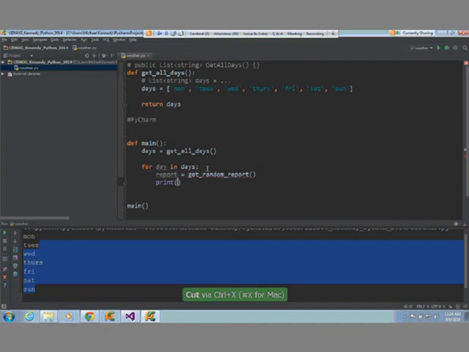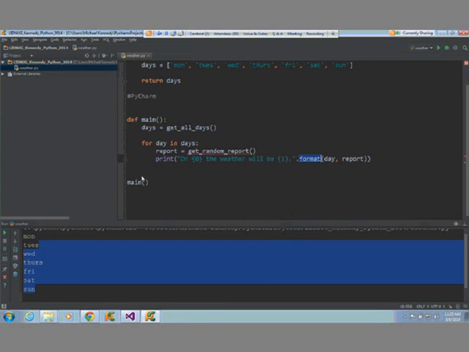In .NET, I would say something cool like this: on curly 0, the weather is or will be curly 1, yeah? Right? So do you know what you do in Python? You do that. That's what you do. Except instead of calling a static string.format, you just call .format on the string. So we'll say day, report. That's pretty awesome. I actually like this better than the .NET version, right? Format on the string rather than format on the string class.